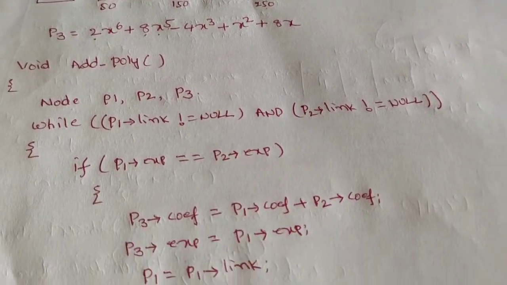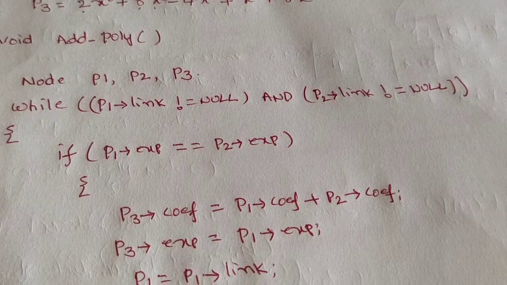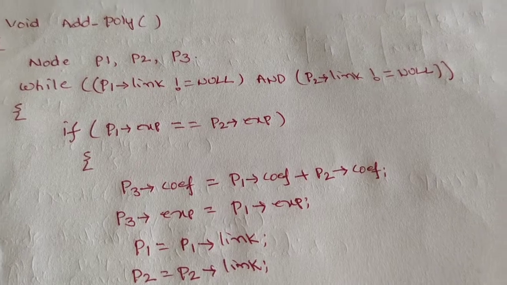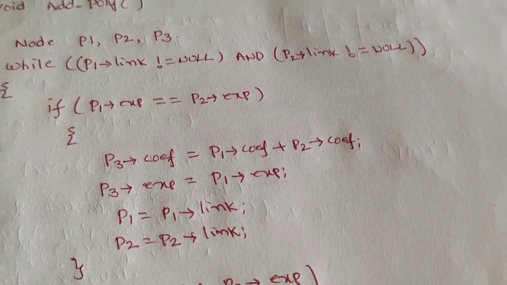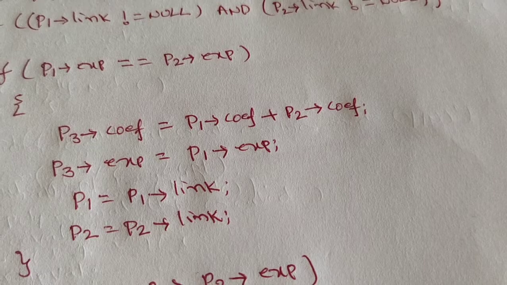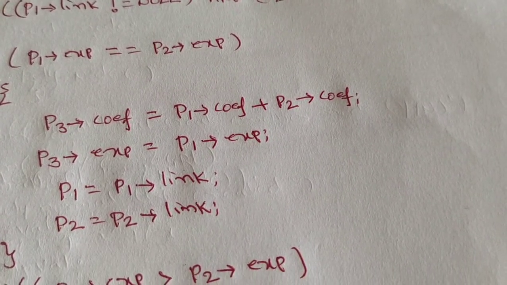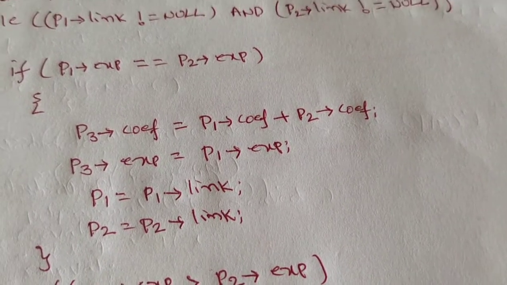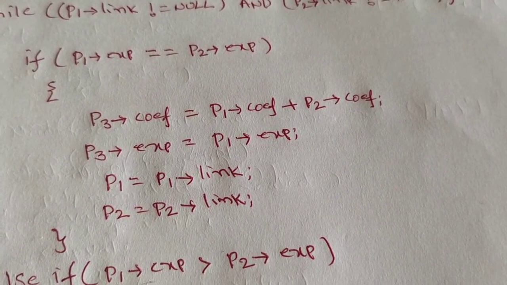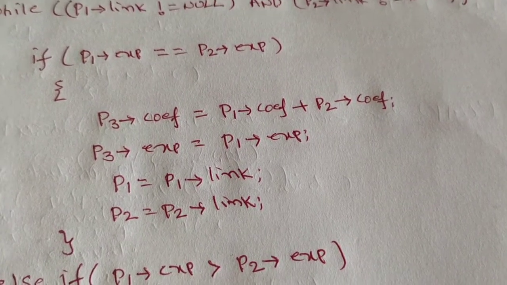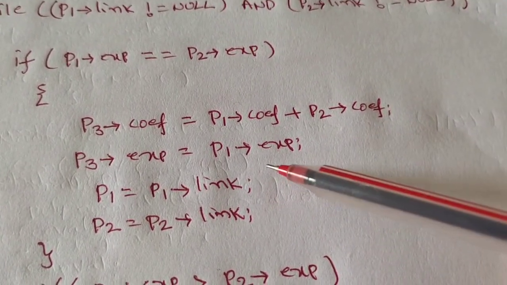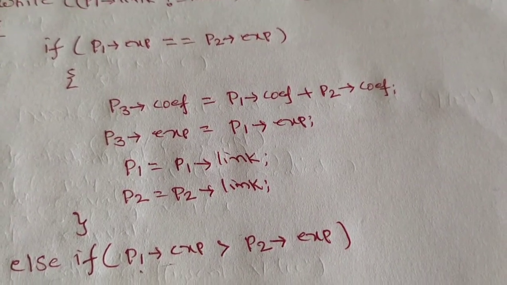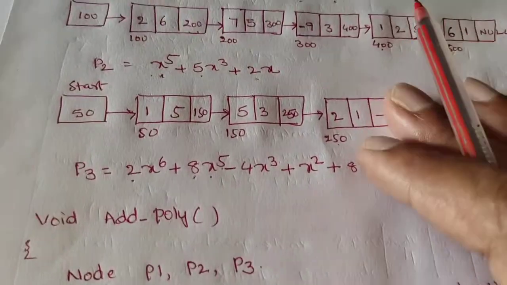And then to compare the exponents, I write if P1 exponent equal to P2 exponent. When both of the exponents are equal, simply we add the coefficients. So the resultant coefficient is stored in P3. For that reason, I write P3 coefficient equal to P1 coefficient plus P2 coefficient. P3 exponent equal to any one of the polynomial exponents, P1 or P2. Here I consider P1 exponent. Right? Next, P1 equal to P1 link and P2 equal to P2 link, because after adding these terms,